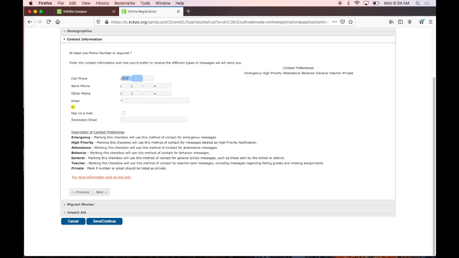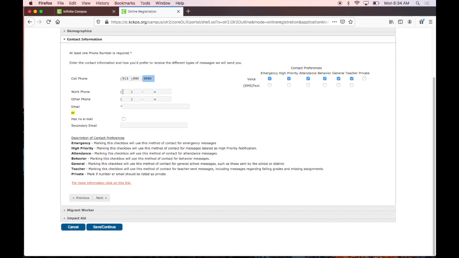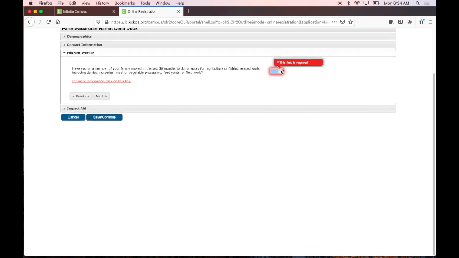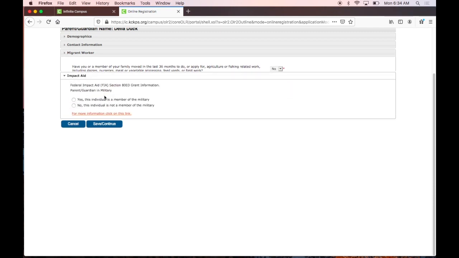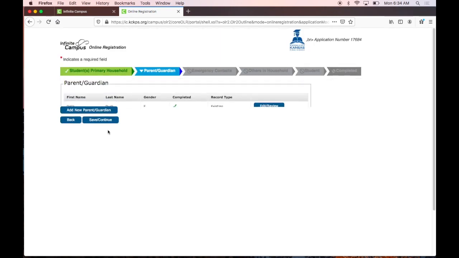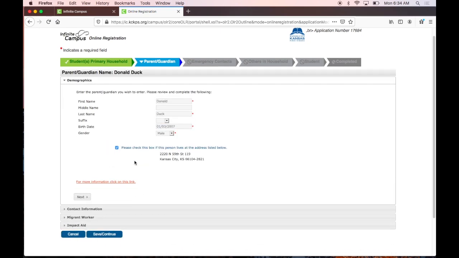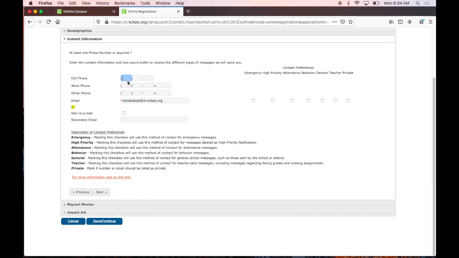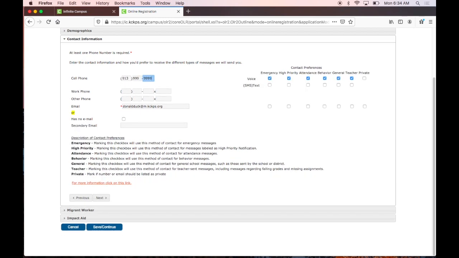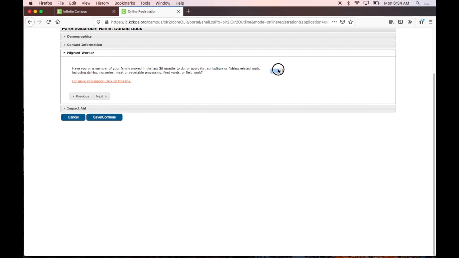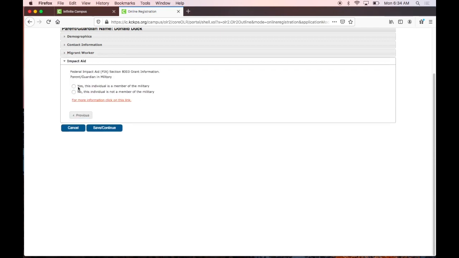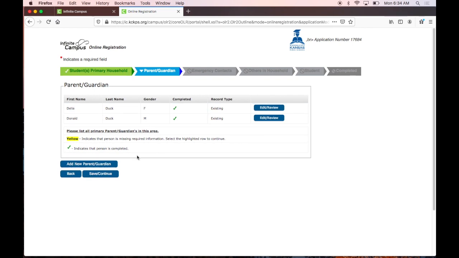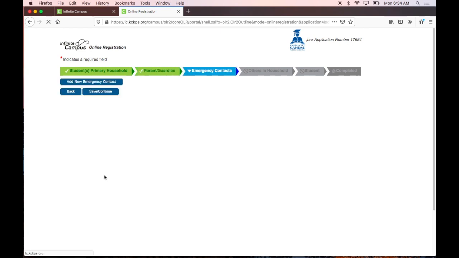Enter phone numbers in case there's any changes. If you have an email address, enter it here. If not, you can check the box. You will need to answer the questions. And the same for the next parent. Once you complete the Parent Guardian section and make any updates or changes, you will save and continue and move